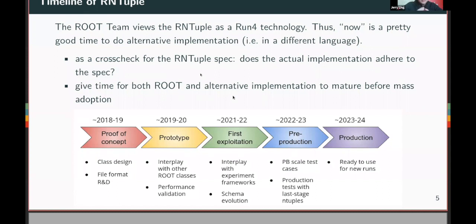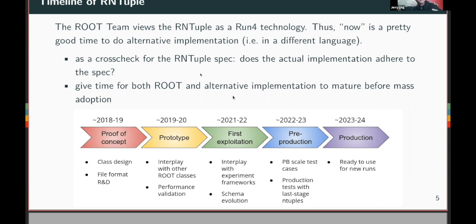As for the timeline, from a user perspective, what you are expecting from the ROOT team's proposal is that it should be a Run 4 technology, but they expect some people to try it during Run 3 at various stages. So probably not at a collaboration level. By not collaboration level, I mean, if you are on ATLAS, maybe xAOD probably won't be replaced with RNtuple just yet. For CMS, I don't know. I see no reason why NanoAOD couldn't be replaced, but whatever's up with AOD, maybe not, just because